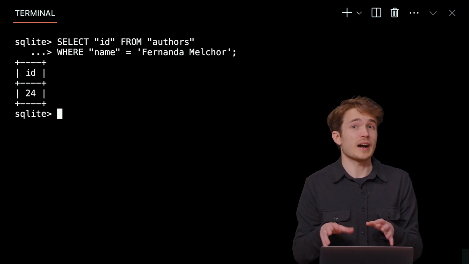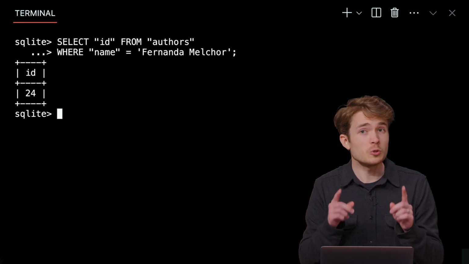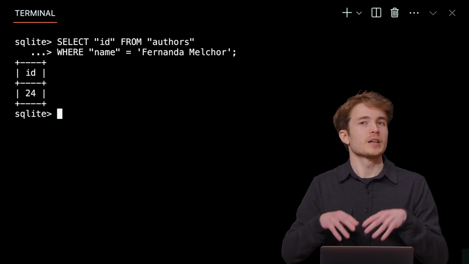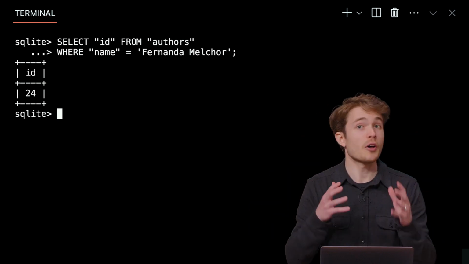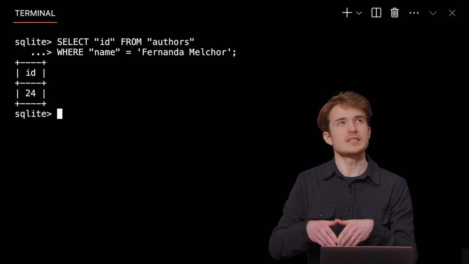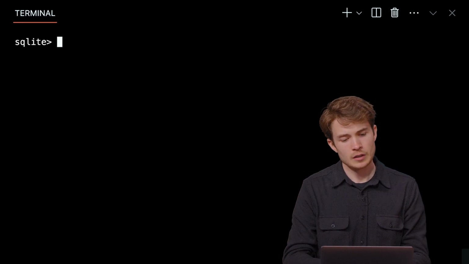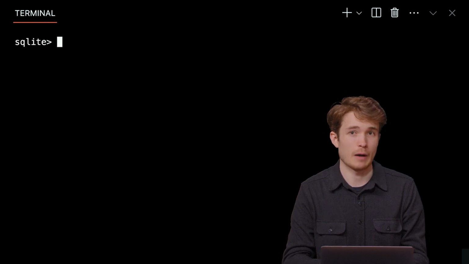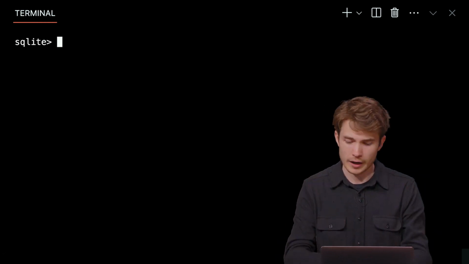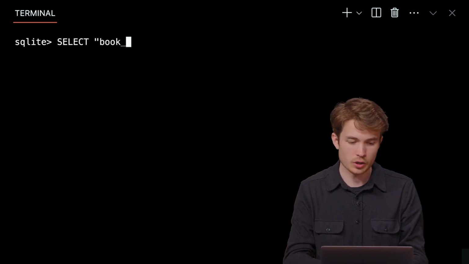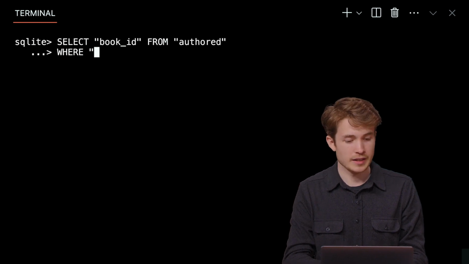And I could use this ID in the rest of my query, but I could probably do better than this. I could use what we saw before, something called a subquery, to take this query I just wrote and put it inside some other one here. So let's take the next step and find the book IDs that Fernanda wrote. So let's try looking in the authored table for that, which has author IDs and book IDs side by side. OK, I'll say SELECT, in this case, the book_id FROM the authored table, WHERE, in this case, the author_id